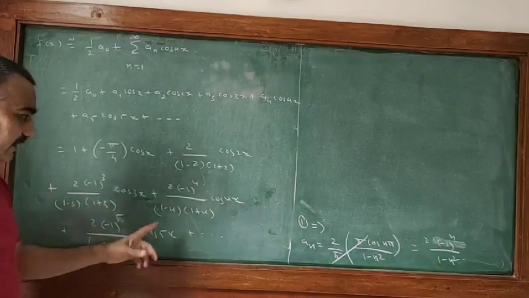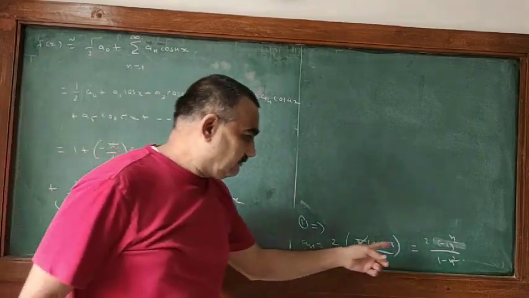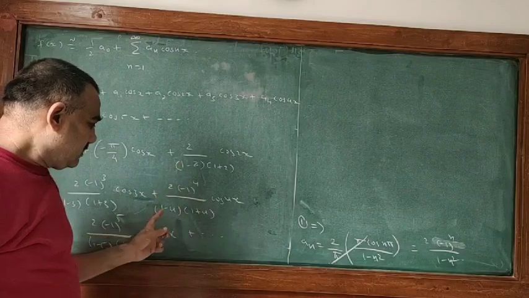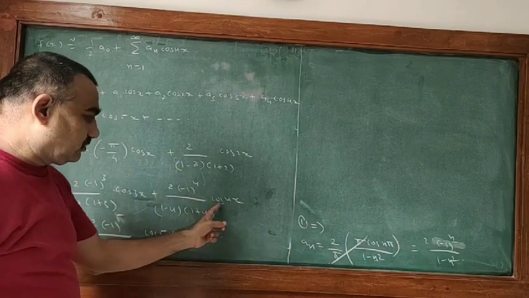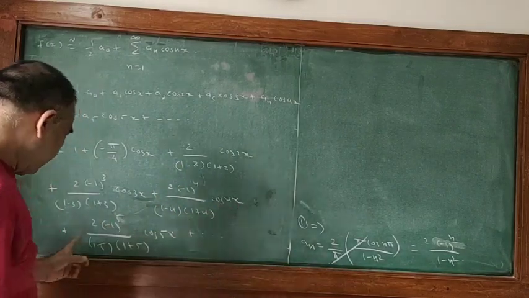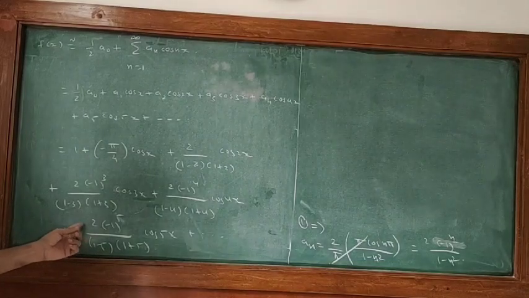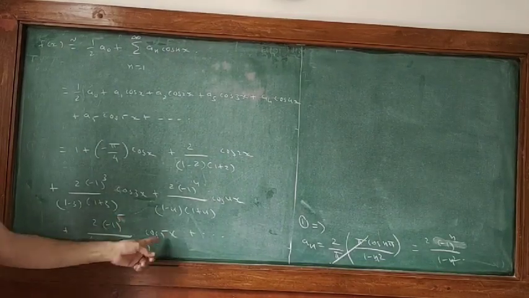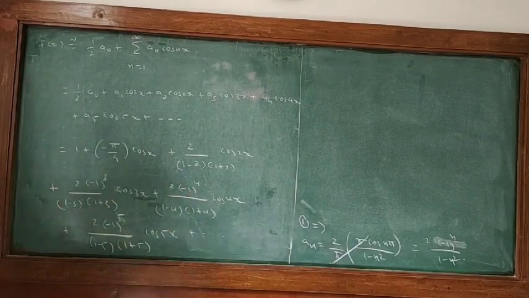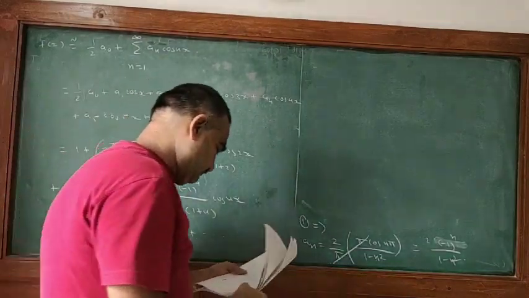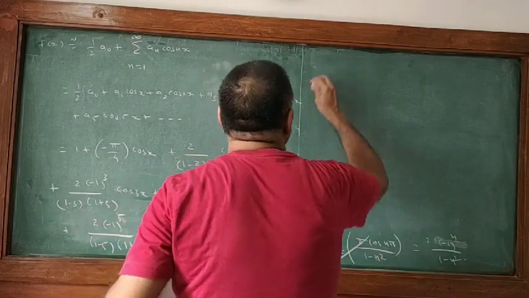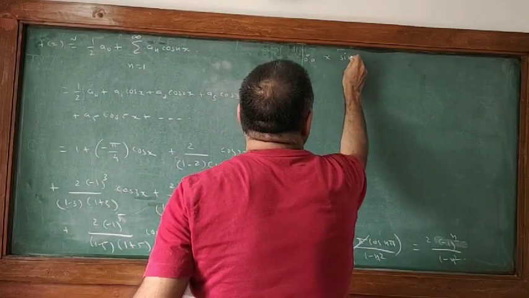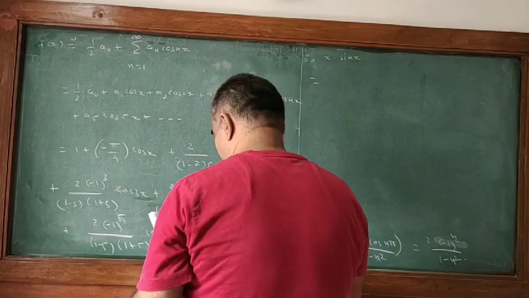So here, whenever we take n equal to 4, it is 2 minus 1 raised to 4, 1 minus 4, 1 plus 4 cos 4x. Then we take n equal to 5, so 2 minus 1 raised to 5, 1 minus 5, 1 plus 5 cos 5x and other terms. So this is equal to x sin x equal to